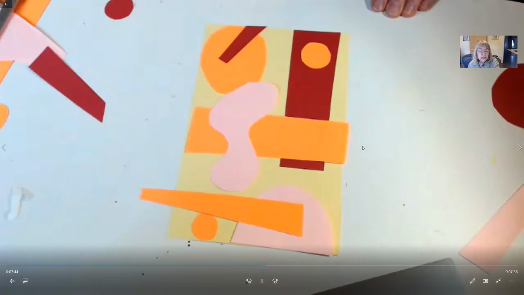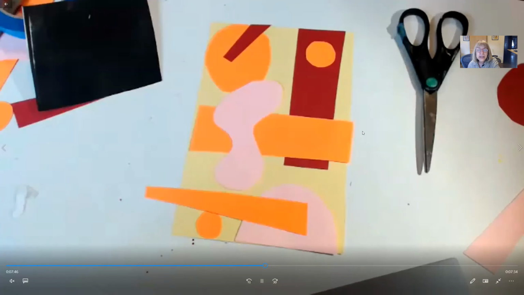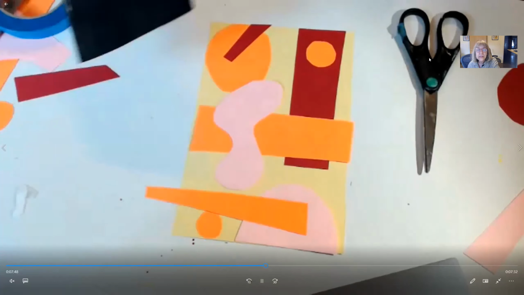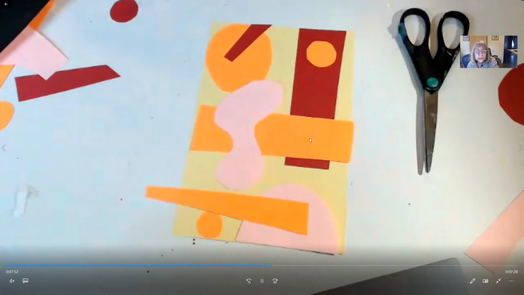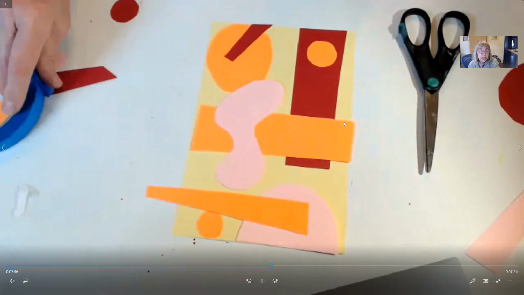There is nothing, you know, there's no dark weighting over here. This red is quite dark, but there's nothing else going on. So I'm about to introduce some more color, and let's see what happens when we do that. We've got